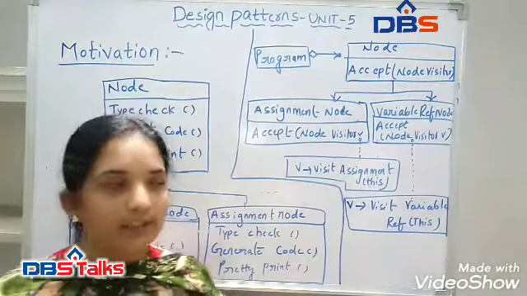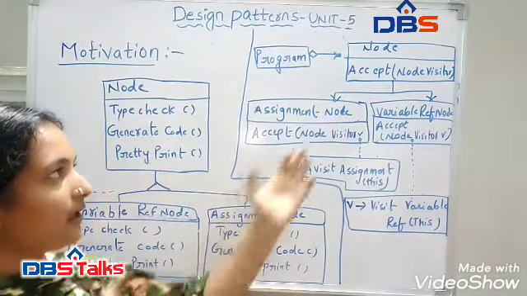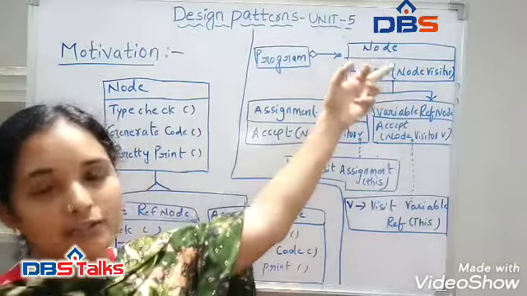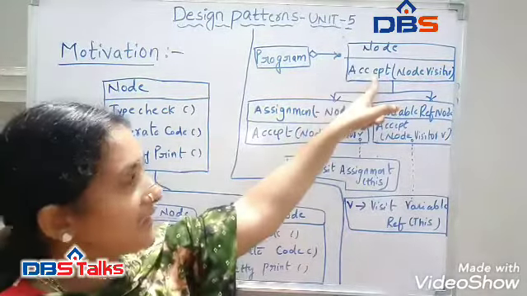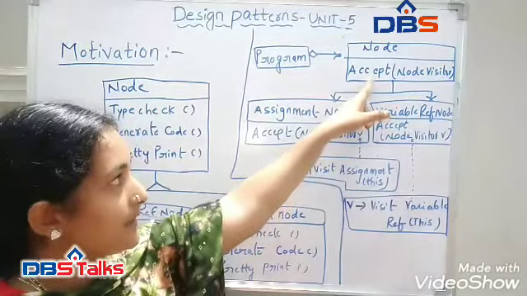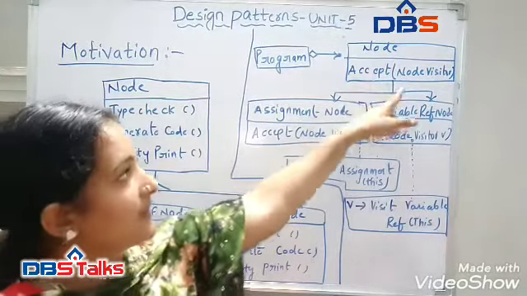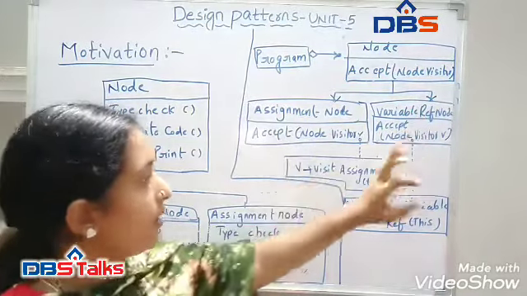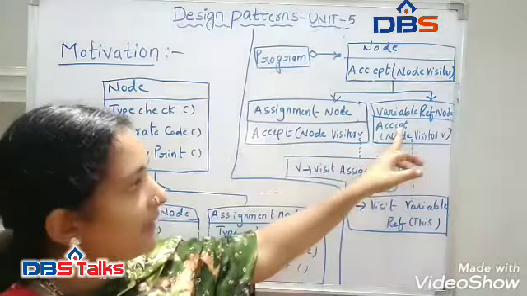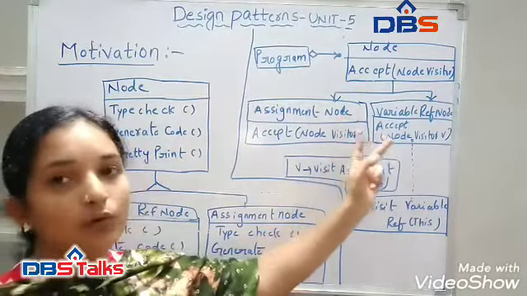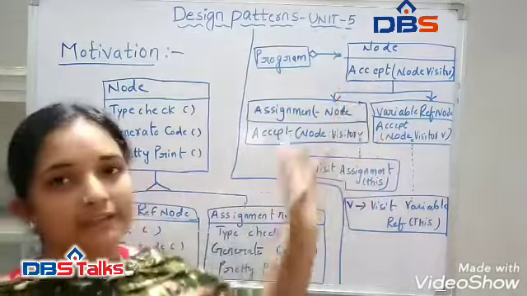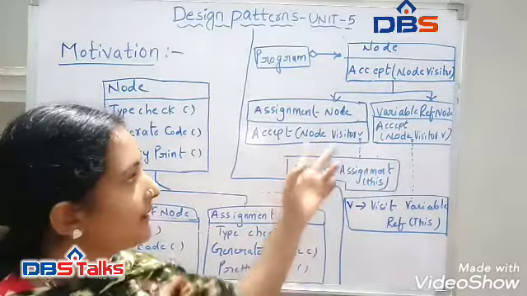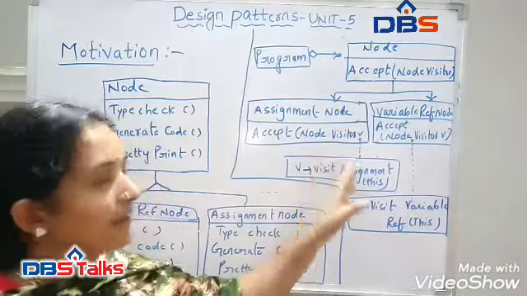If we use the visitor design pattern, the image will be this slide. This is the node, the abstract node, which we can also call the parent class, and it has an abstract accept method taking a node visitor. We have different elements here, like assignment node and variable ref node. These two element objects inherit this abstract method, and it will perform the common operation on each and every element. So that is the working of this image.